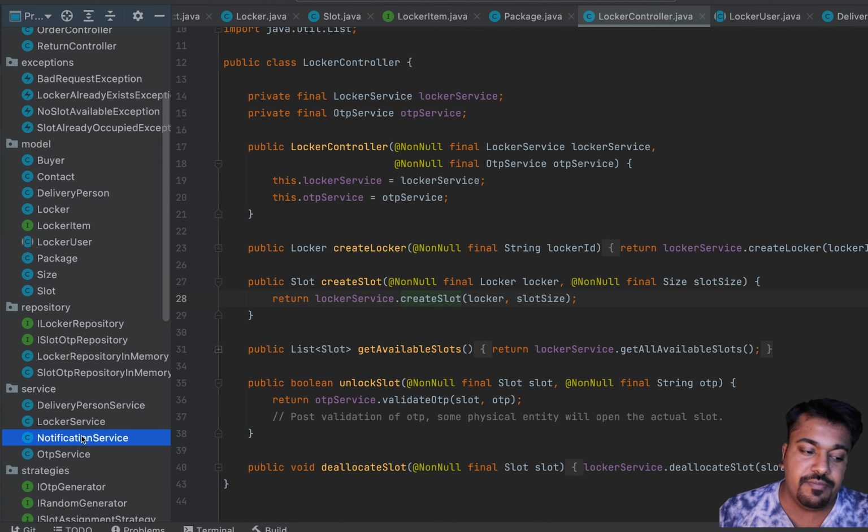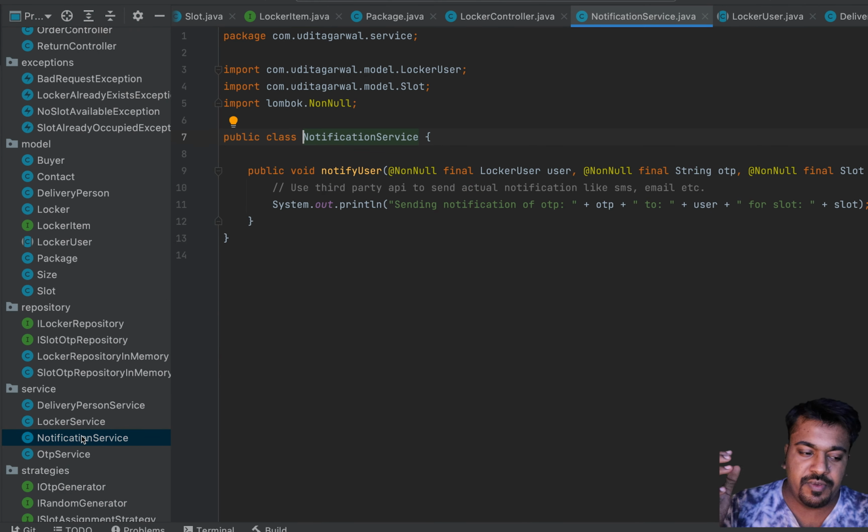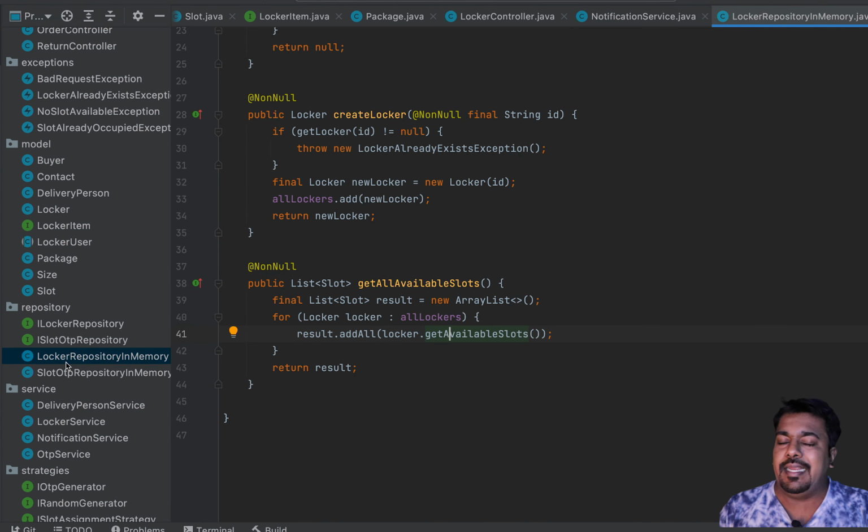Then the service would have the business logic, where the actual logic resides to do some calculation, or some business specific thing. And the repository is actually the storage part. Generally you have databases and all, or if you want, you can create an in-memory repository, just like I have created for this problem. But repository is generally the storage part. So these are the general three layers that you would have in most of the LLDs of such kinds.